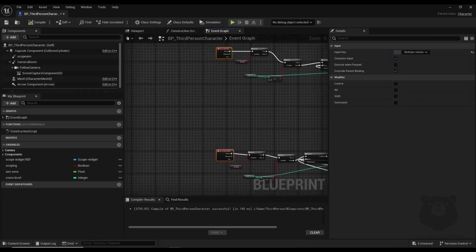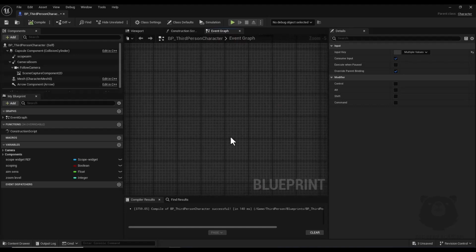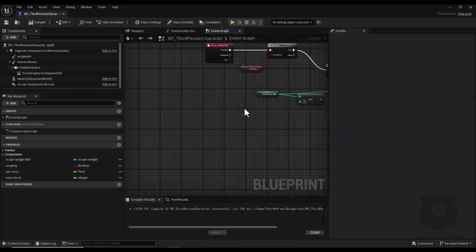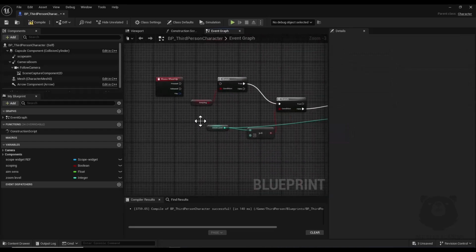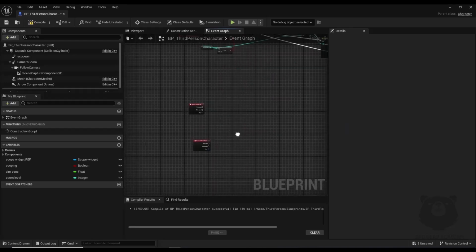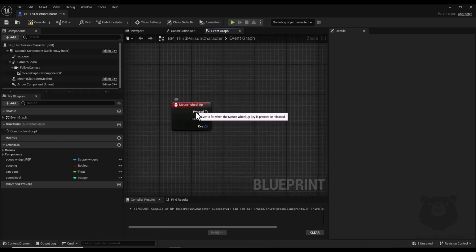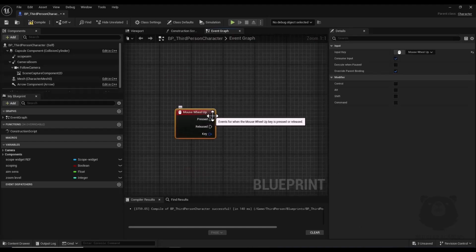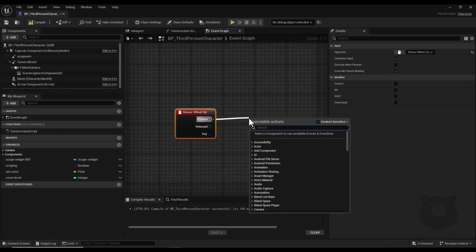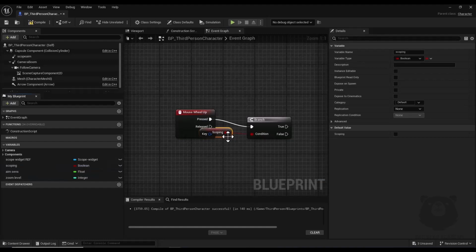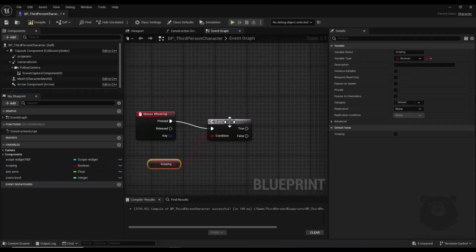So here first I get a copy of these 2 inputs and place them right here, and for now I disconnect this level zooming, and here for mouse wheel up, here I drag a node and add a branch node, and I connect this scoping boolean to here,